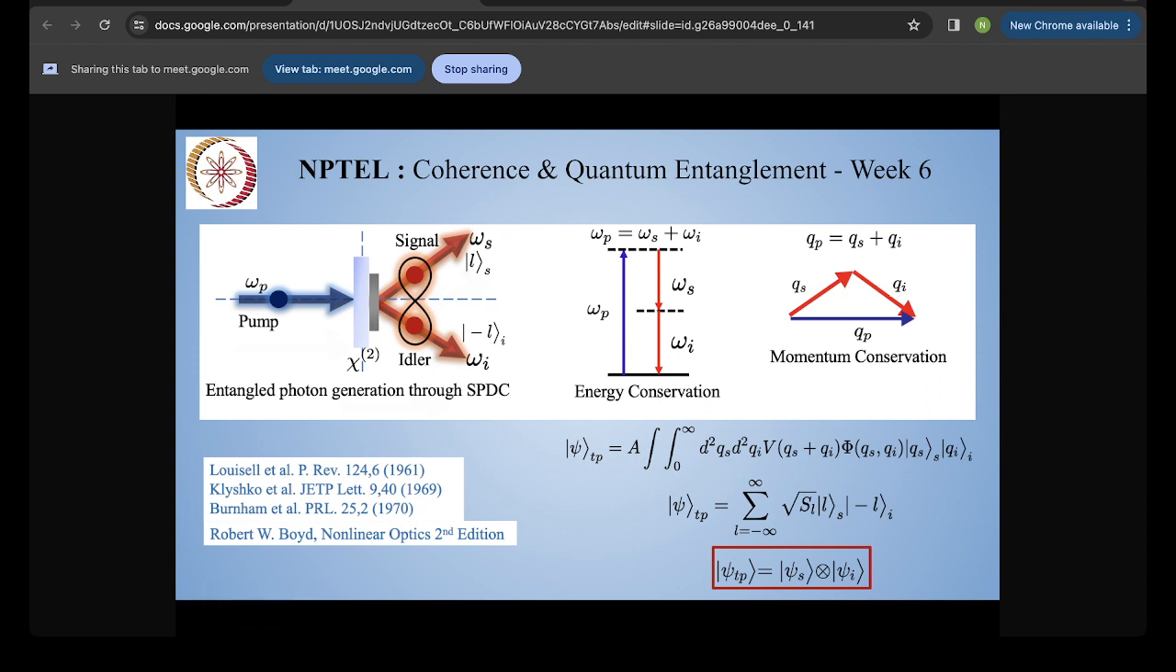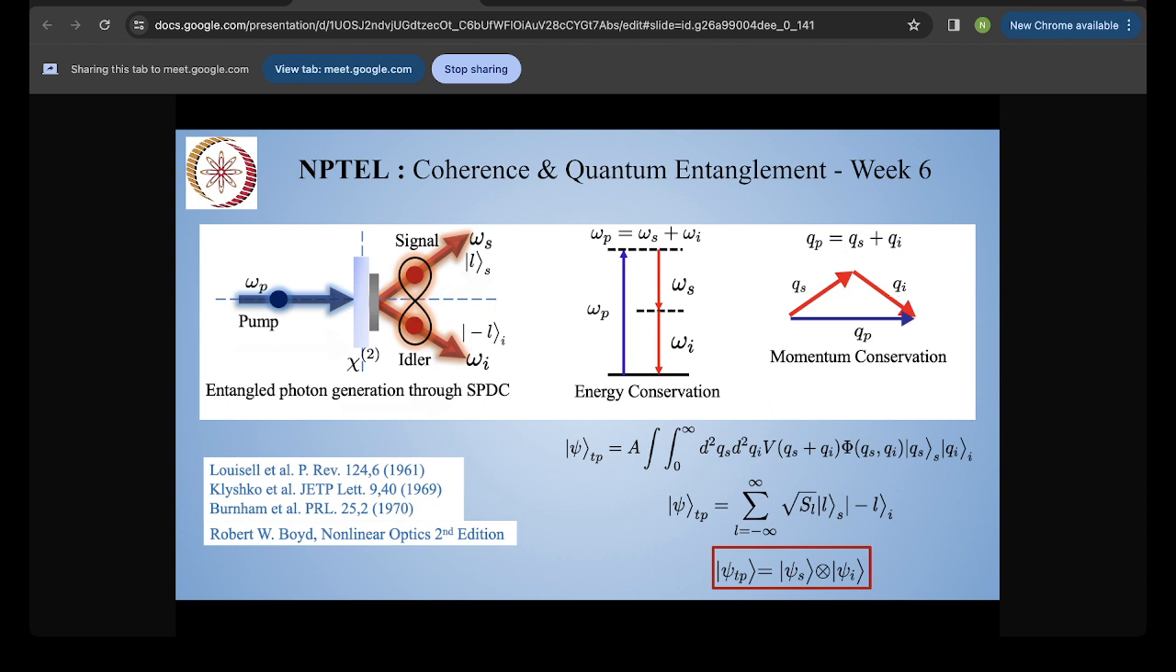And the process of generation of this entangled photon is called the generation of entangled photon through spontaneous parametric down conversion. From now on, it will be our bread and butter. And if you ask me why this happens, it happens because of two utmost truths of nature: energy conservation and momentum conservation. You can see energy conservation is shown with this, where omega p is going up and omega s and omega i are coming down, that is omega p equal to omega s plus omega i. And momentum is conserved, which is q equal to qs plus qi,